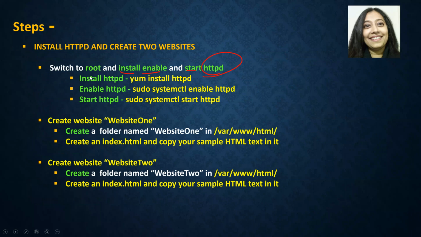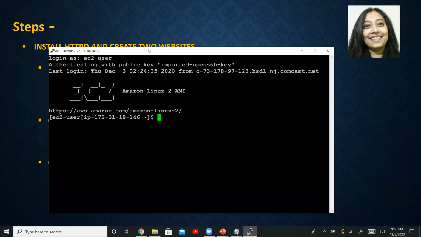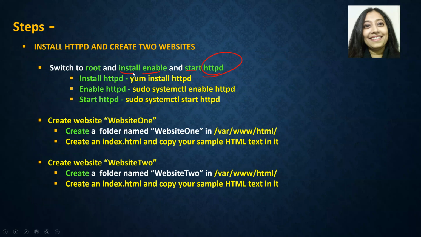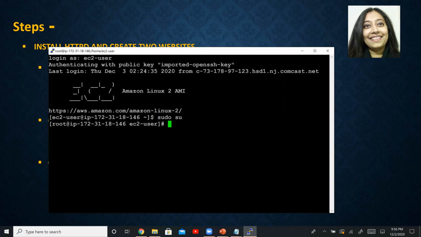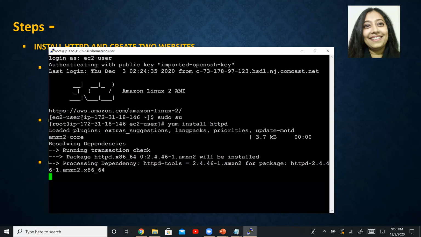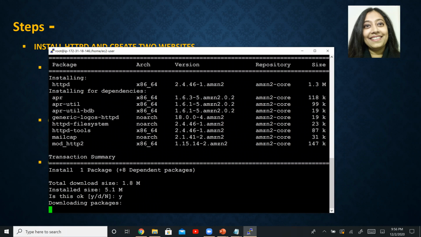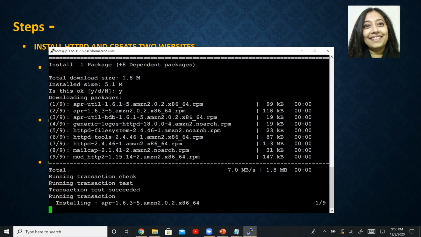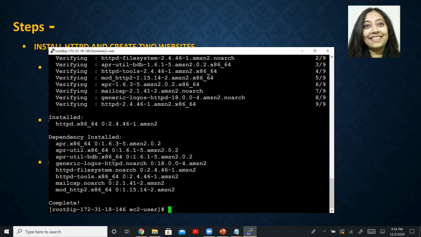We need to switch to root. So sudo su. And then we need to install, enable, and start HTTPD. So we're going to say yum install httpd. Yes. And HTTPD is installed successfully.